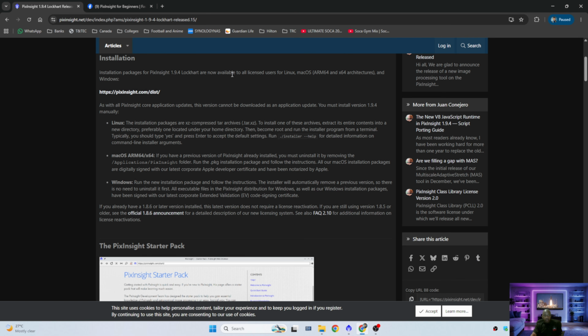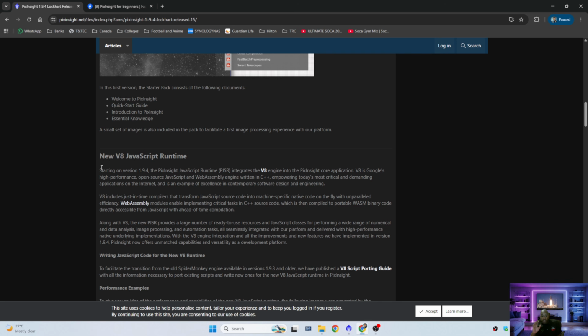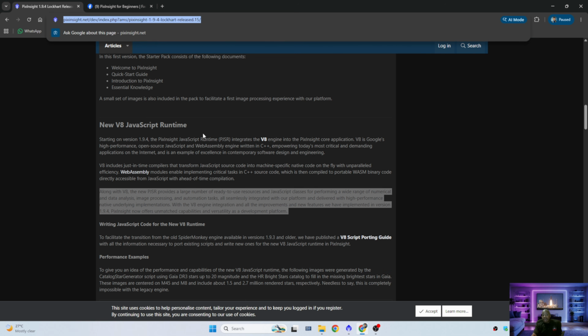Also, if we switch back to the PixInsight release notes website, we see that they give us the installation instructions, whether you're using a Linux, a Mac, or Windows machine. In addition, they've mentioned that PixInsight will now be using a new V8 JavaScript runtime. What this basically means is, this is more or less like the backend or the coding or the system in which PixInsight was built. So they've given a significant amount of write-up on what this means in terms of better performance, image processing, data analysis, etc. So again, I'm going to put a link in the description down below where you can read the entire release